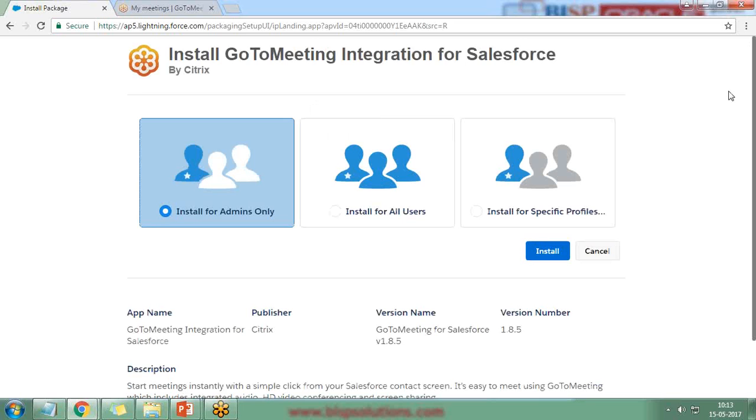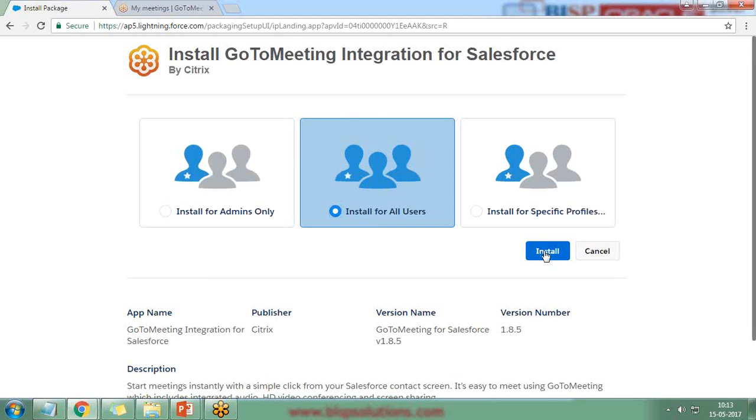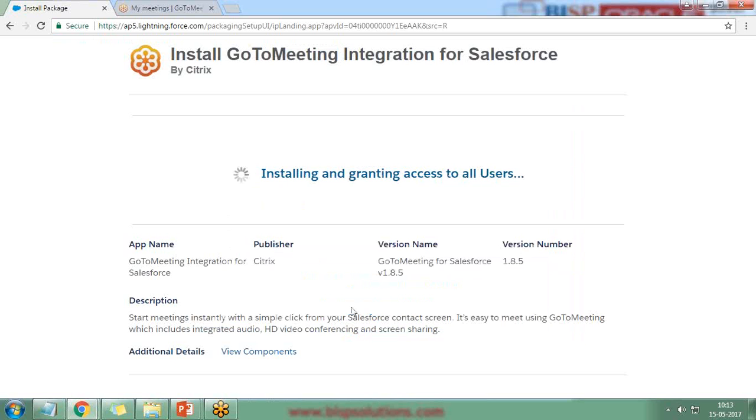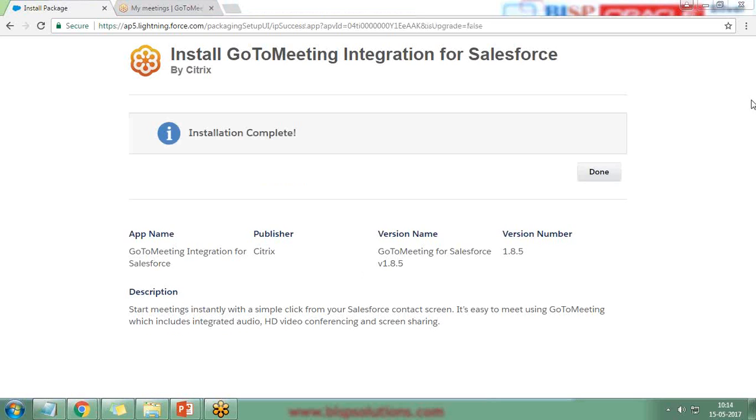Here it is asking whether we would like this integration, this tool, to be available for all users. So yes, I want to install it for all users. And yes, I want to grant API.citrix online access. So these are the packages which may send or receive data from third-party websites. So I just give them permissions and click on continue. I got the confirmation message for installation complete. Click on done,